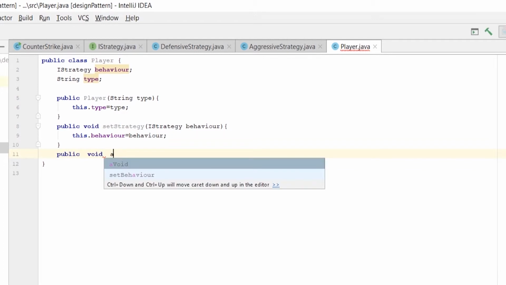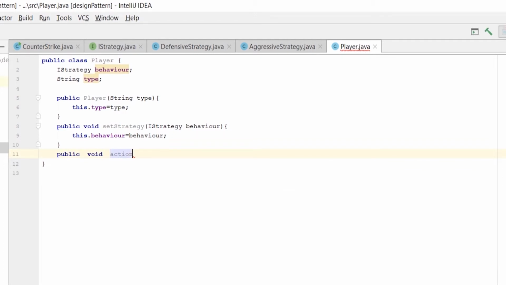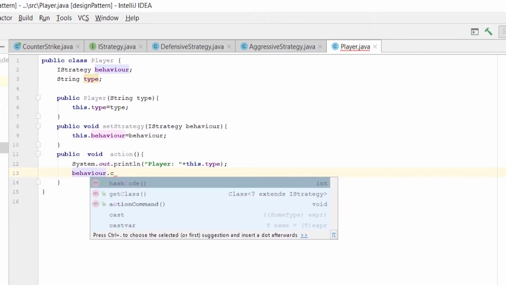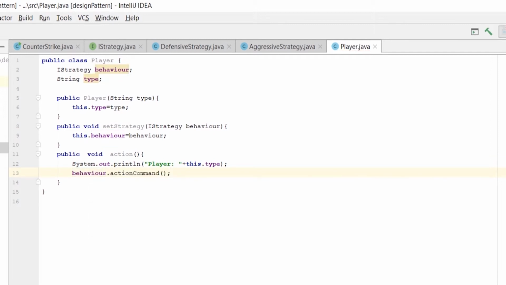We will have another method, action, to perform some command. We will print out the player type and invoke his behavior using the behavior.action command.